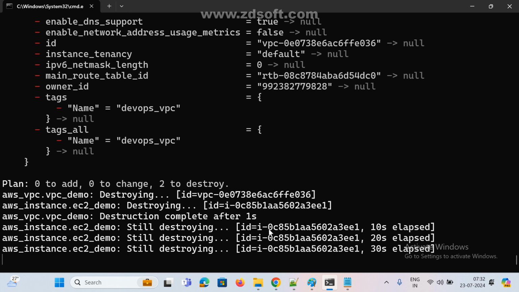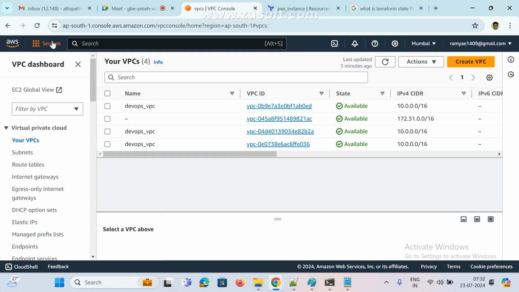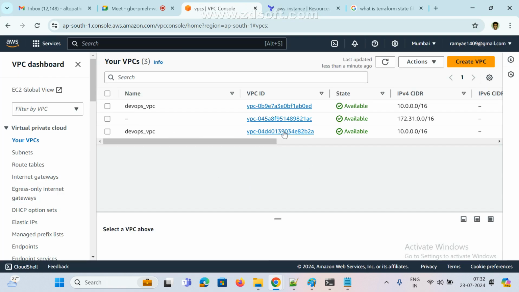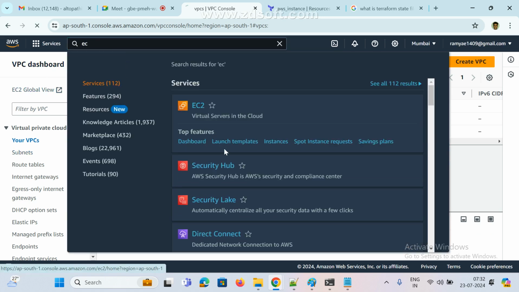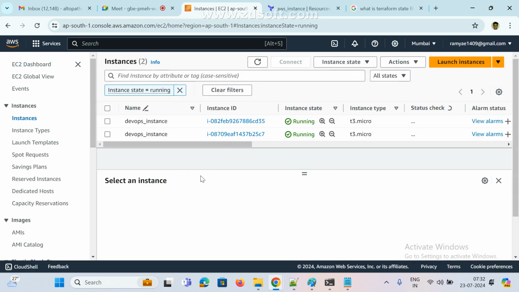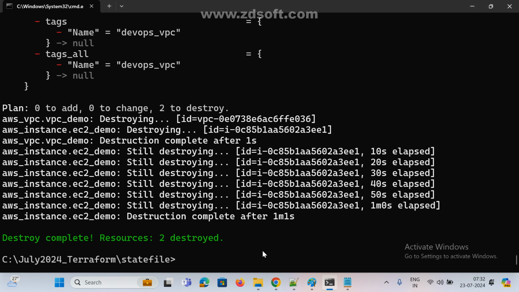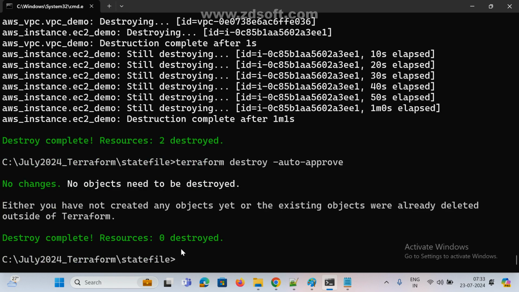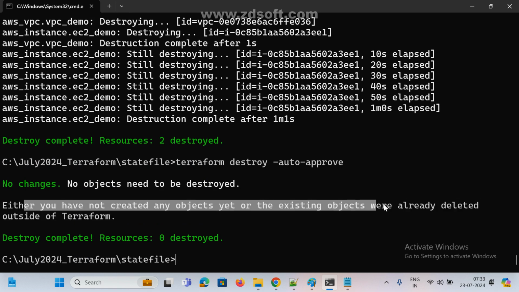Now this is the ID. Now go and check how many it is deleting, the VPC, right? It is matched to two, so it is going to delete two. There is one more also available, I ran it multiple times. EC2, EC2, EC2. See here, one time it is matched to one instance, and every time it is deleting one. Now go to here, deleted. Again I am running, so one more time. One more instance, it is going to delete one instance, and then nothing. Only one time it is matched, then nothing.